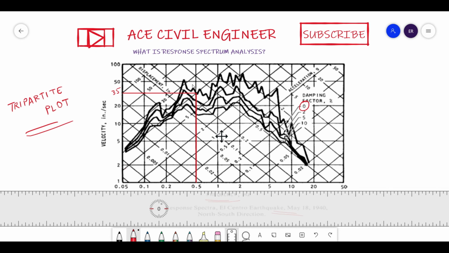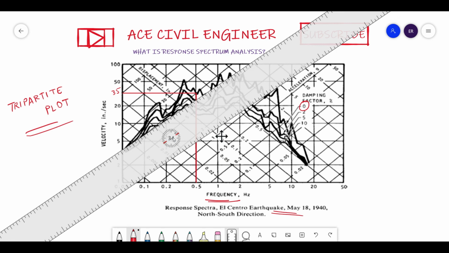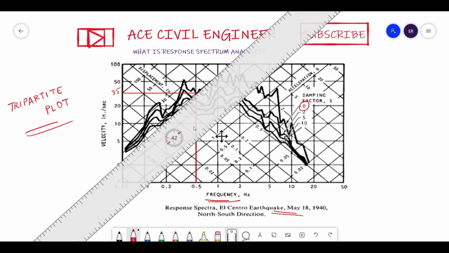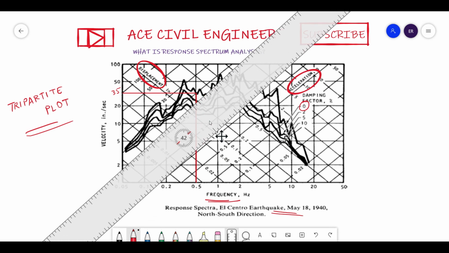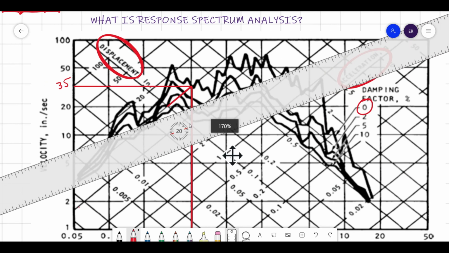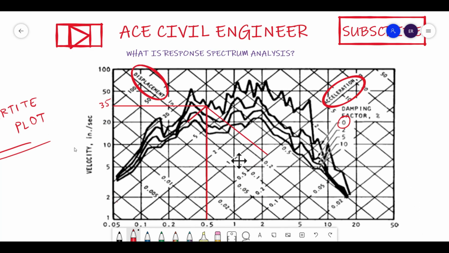Now if you want the spectral displacement and spectral acceleration, what they will do, friends, now you have to plot a 45-degree line, which must be perpendicular to this displacement curve. See, this is the displacement axis and this is the acceleration axis. So for these two axes, you have to draw a perpendicular line at the same point. Now what I will do, I will draw a line here. Similarly, for that also I will draw a line here. Hope you can see this, friends.